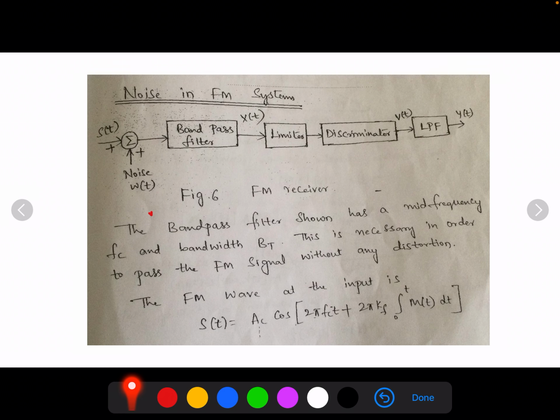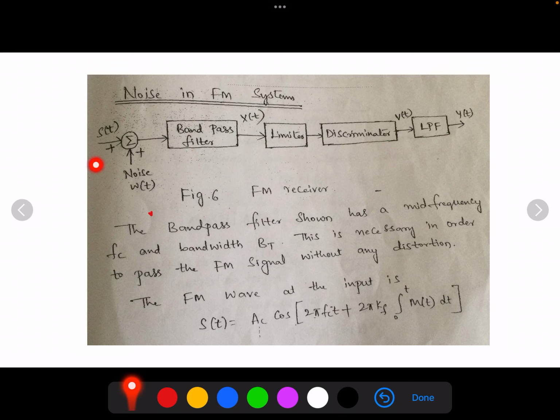In the receiver, a band pass filter is used, which has a mid band frequency Fc and bandwidth equal to Bt. Therefore, it passes the FM signal essentially without any distortion. Bt is very small compared with the mid band frequency Fc, so that we may use the narrow band representation of N of t. The filtered version of the noise W of t, in terms of its in phase and quadrature components, will be used. So in FM system, the message information